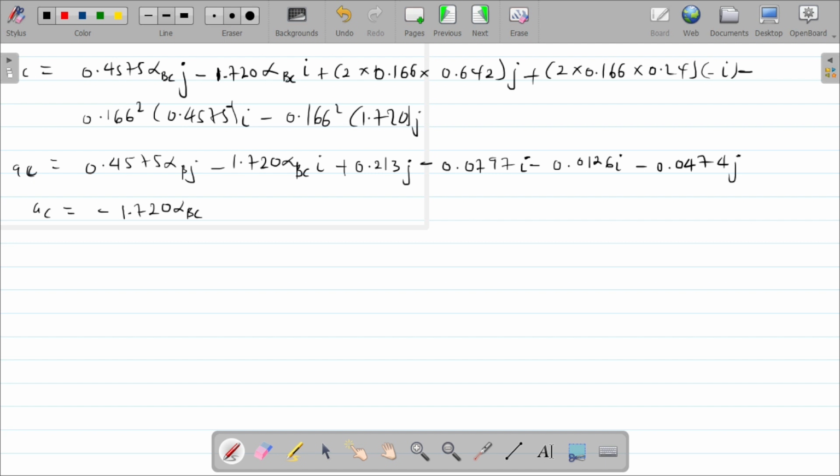So this, and then the next I minus 0.0797, and the next I minus 0.0474, 0.1266 all I plus 0.4575 alpha BC,